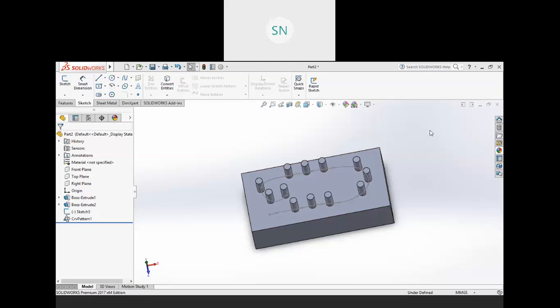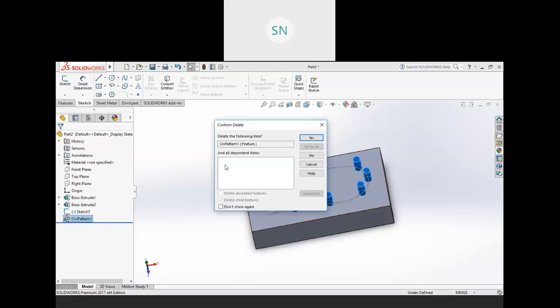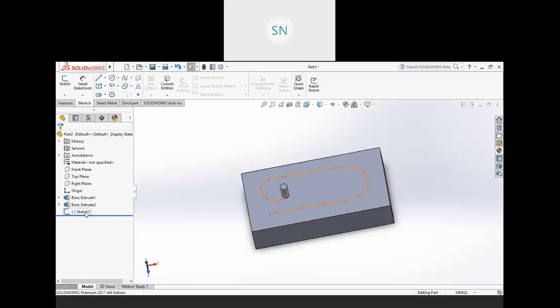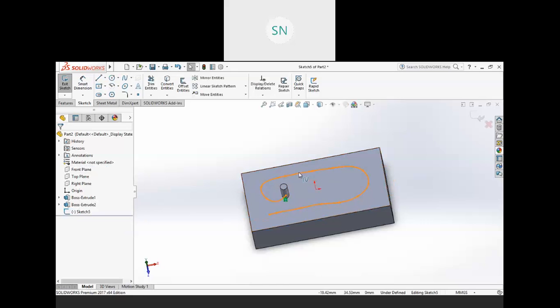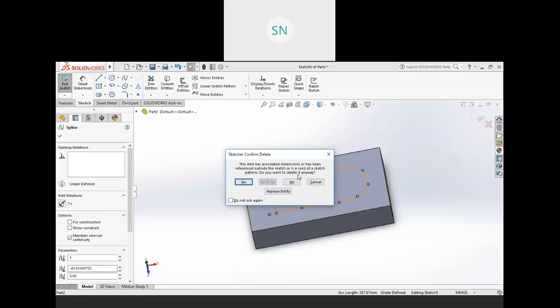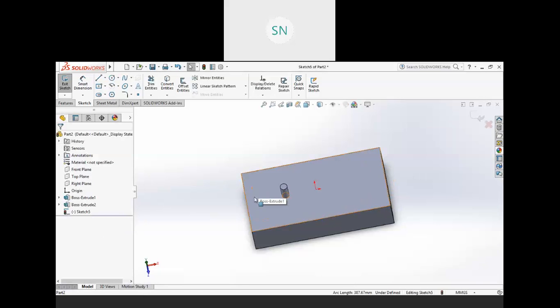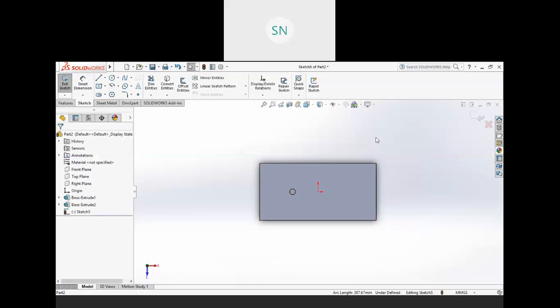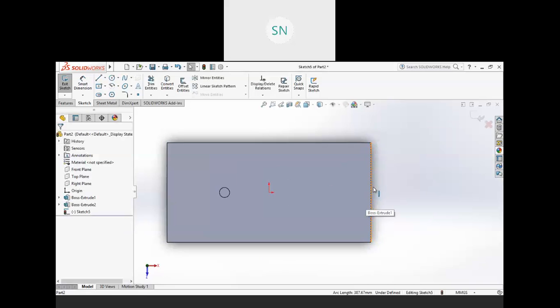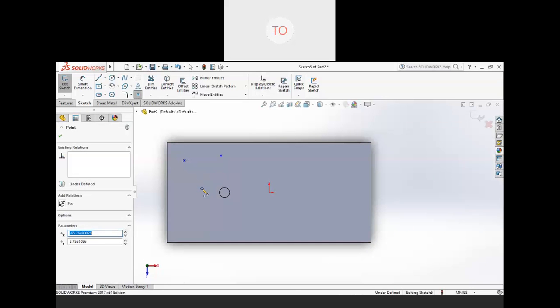Okay. So yes, that is we have a curve driven pattern. The next pattern we have is sketch driven pattern. So what is the difference between curve driven pattern and sketch driven pattern? So in the sketch driven pattern, you also need one sketch. I hope I am clearly audible to you all. Yes, sir.